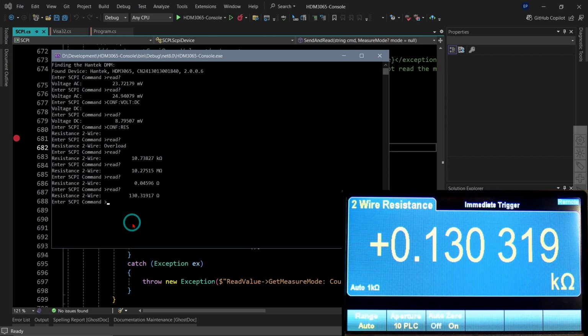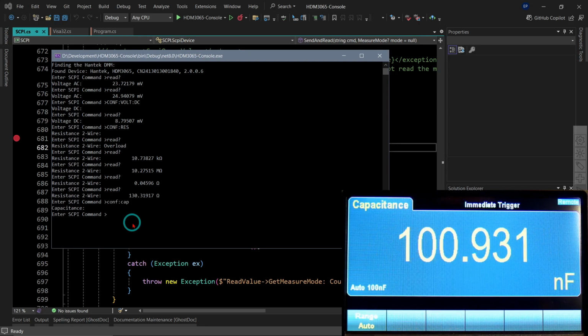Boy, I've got these little crocodile clips here, and they don't want to hook onto short leads. Okay, so now I go to, I think it's just const cap. Yeah. And okay, on screen it says 100.93 nanofarads, which is exactly what we will be expecting. And now I did another read that says 99.5 nanofarads. I do another read,